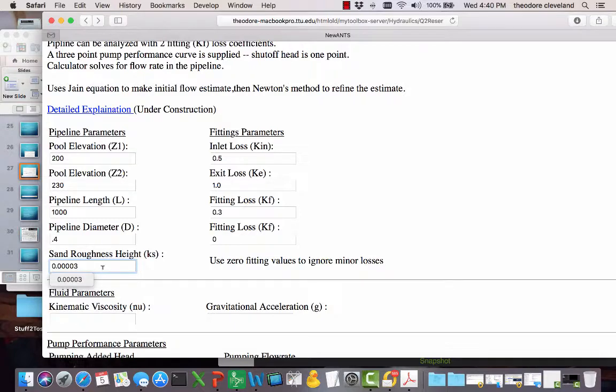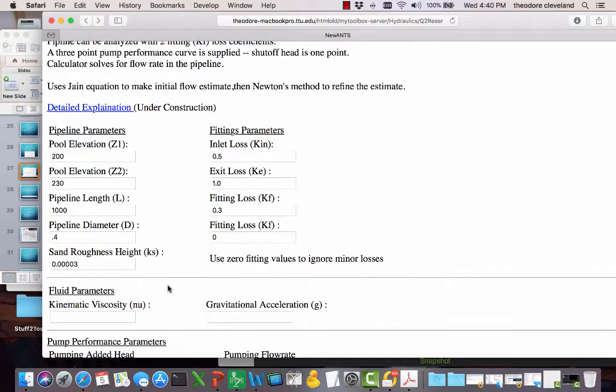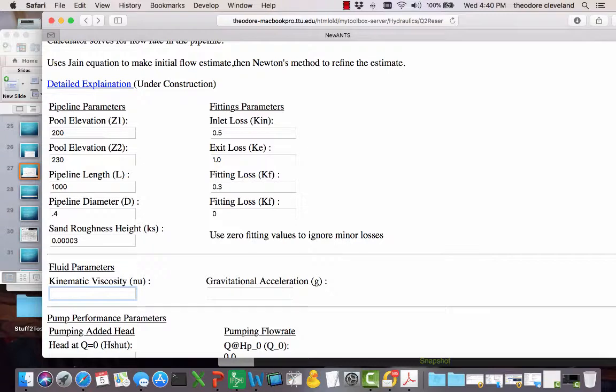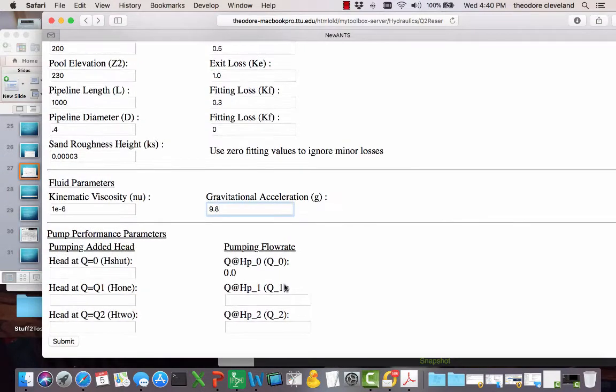0.00003 will be my initial guess at sand roughness height. Kinematic viscosity 1e minus 6 should be correct for SI units. Gravitational acceleration is 9.8 meters per second squared. And now let's look at